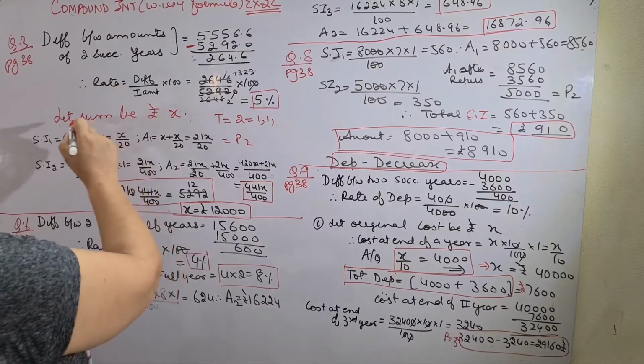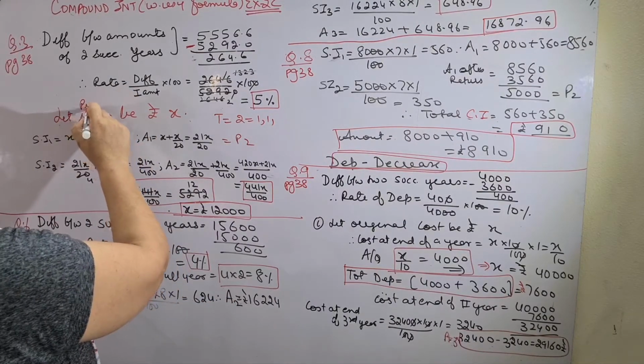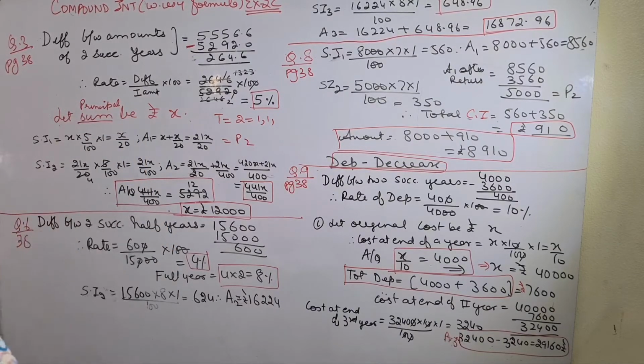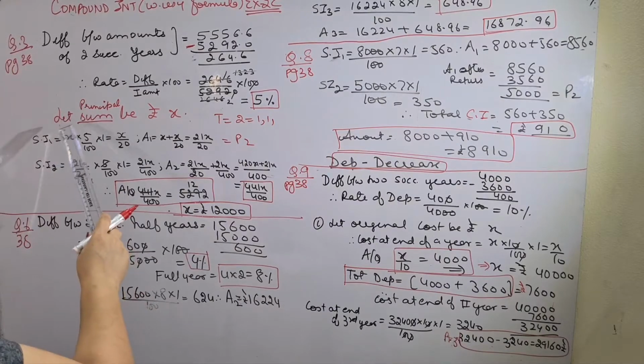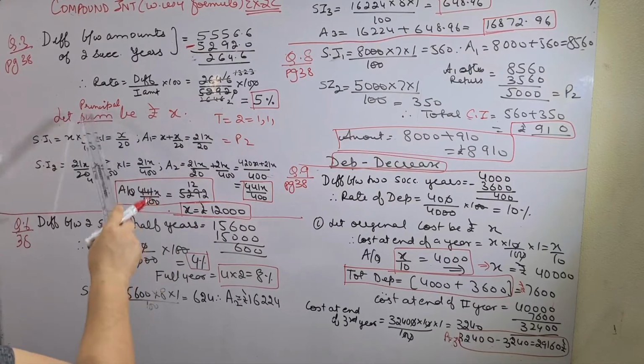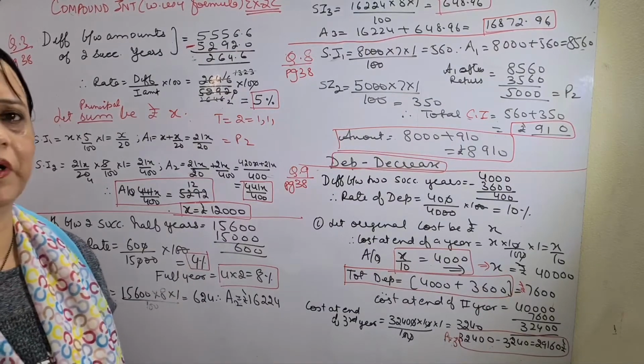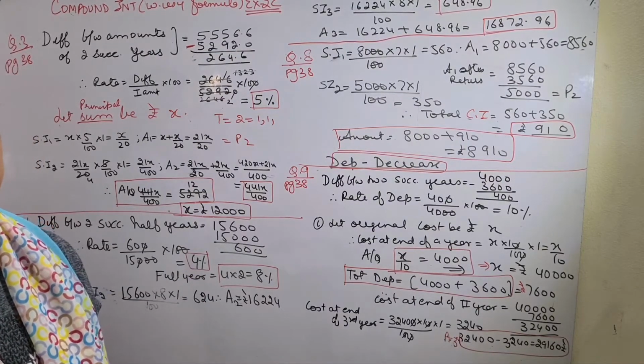You can write in the beginning let the sum be, or you can write principal also if you want to, as they have asked in the question, meaning one and the same thing children. So sum be rupees X or principal be rupees X, and this is your question, one of the very, very important sums for the compulsory as well as the choice section.